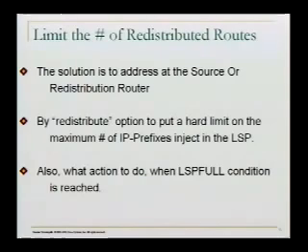So the solution here is to address it at the source. That means wherever you're doing the so-called redistribution, at the L1, L2 router, the redistribution router, at the source of the problem. So when you do the redistribution, you can still do it, but here is a method which controls how many routes you can actually redistribute. So put a limit: 100 routes, 10,000 routes. Can you put 100,000 routes into ISIS? Okay, that's a question for you guys.